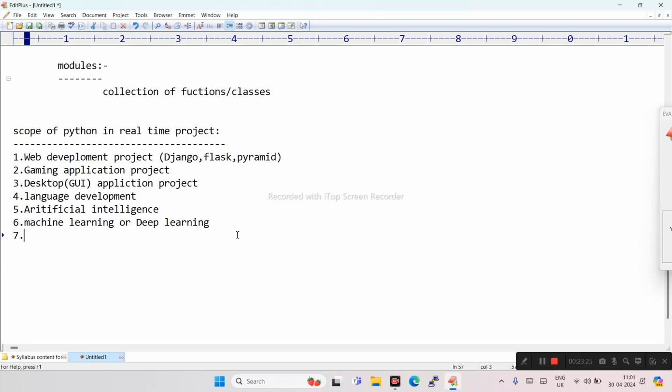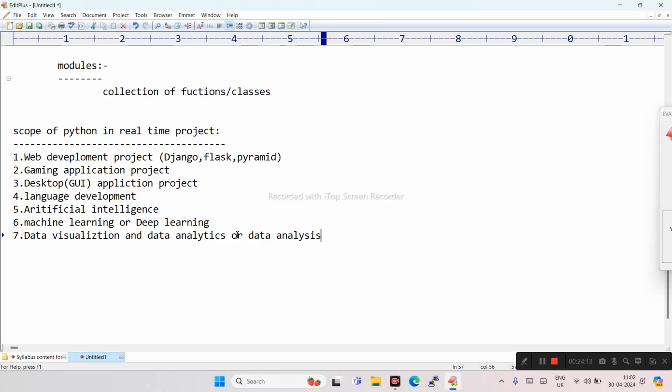The next one is data visualization projects, or data analysis projects also. Data analytics and data analysis are both the same. In data visualization and data analytics projects we are using Python, with modules like NumPy, Pandas, Matplotlib, Seaborn and Plotly. Matplotlib, Seaborn and Plotly are used for data visualization purposes.